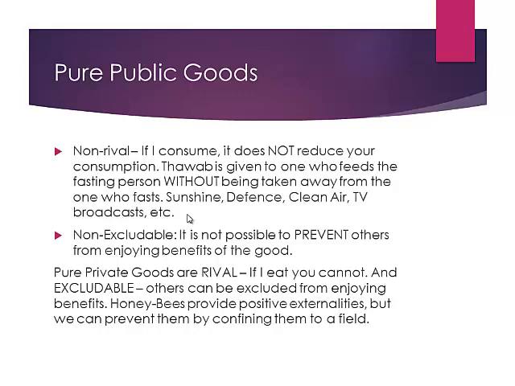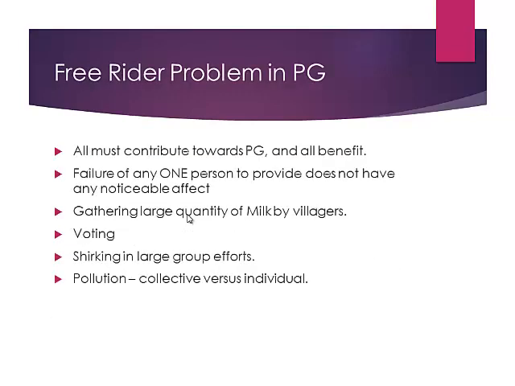So these are the properties. Pure public goods are both non-rival and non-excludable. Pure private goods are rival and excludable, and then there are middle properties, and some of these things are not so clear, in terms of their application. But only for the sake of clarifying intuition, we consider these two polar cases. This doesn't mean that these are the only two cases, and there is lots of ambiguity and confusion possible in the middle.